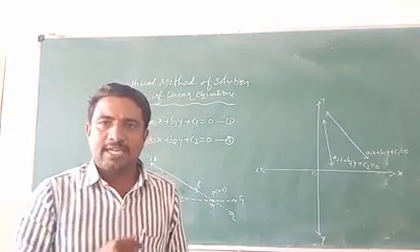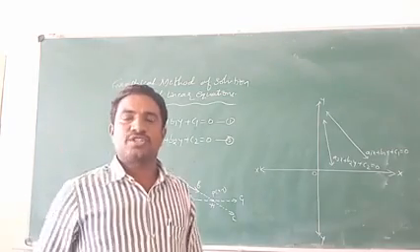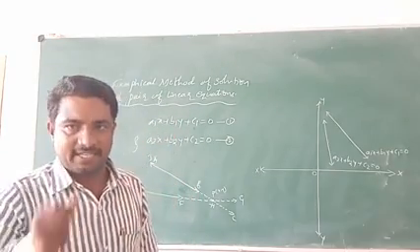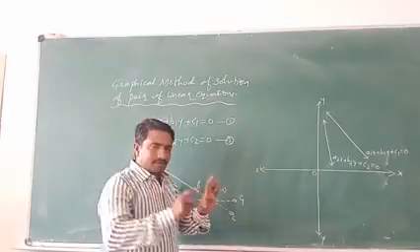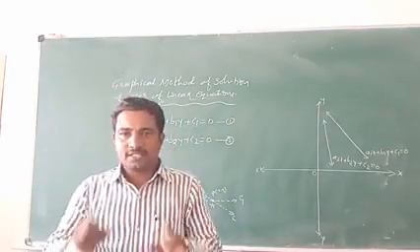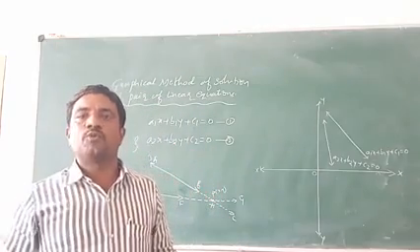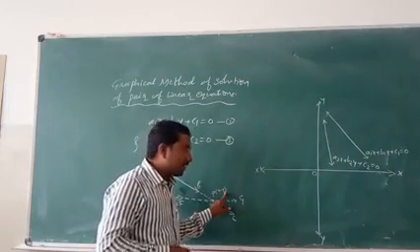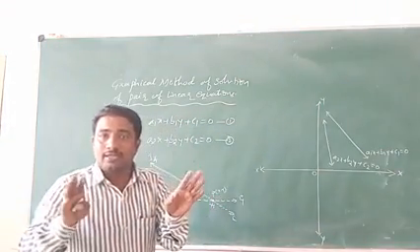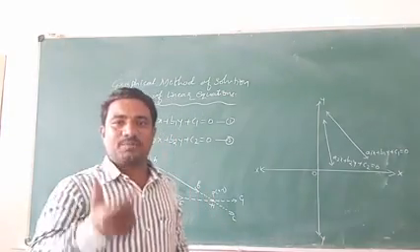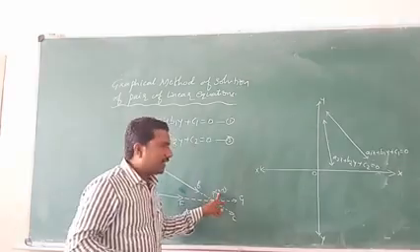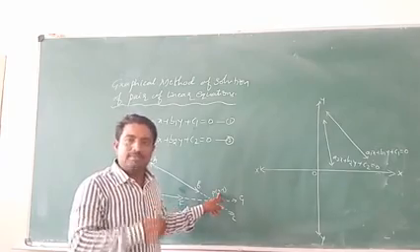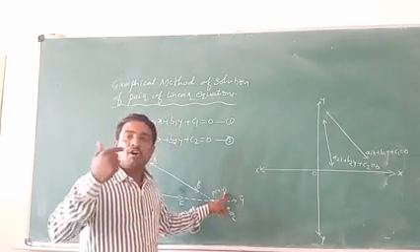About this type of coordinate point you have studied in the earlier class, in the chapter of coordinate geometry, isn't it? What is meant by that P of X comma Y? This is the coordinate point. It is having a pair of two values, one is X and another one is Y. These two are not variables here, these two are the points. X is called as the X coordinate or abscissa, and Y is called as ordinate.